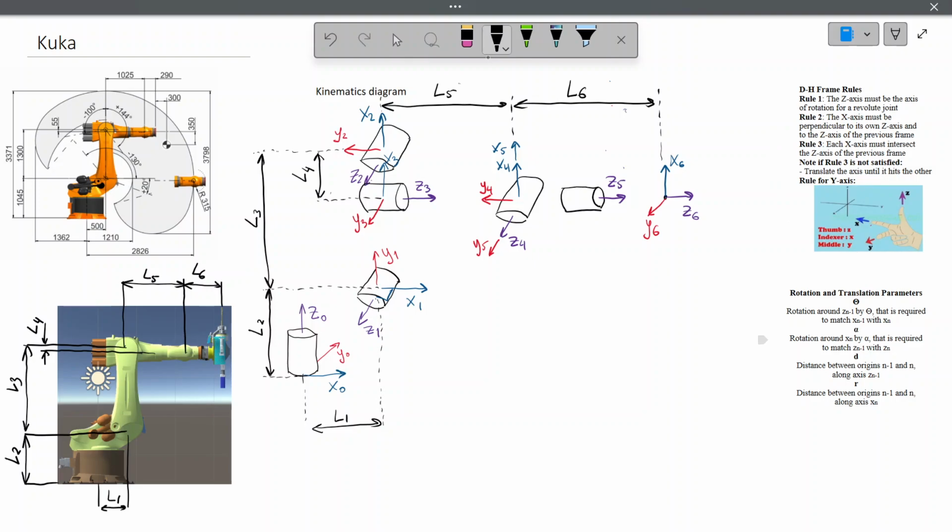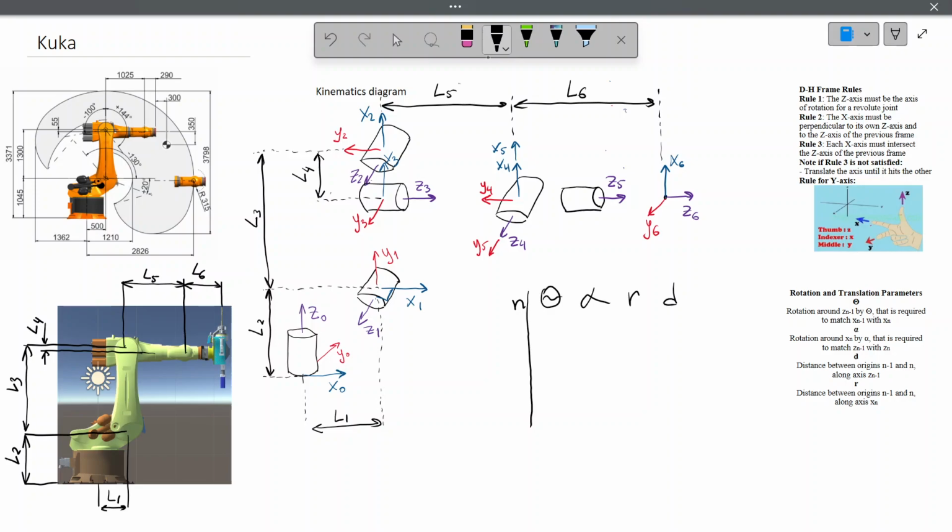Next let's move to the Denavit-Hartenberg table, the DH table. So for the DH table we will have a number of rows, and we will have the parameter theta, parameter alpha, parameter r, and parameter d. So theta and alpha are rotation parameters, r and d are displacement parameters. And n is the number of